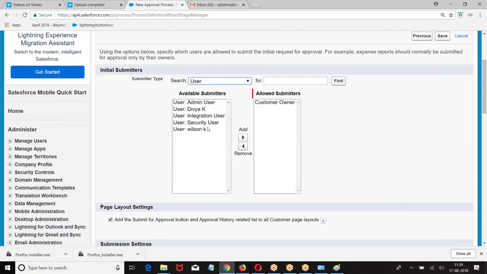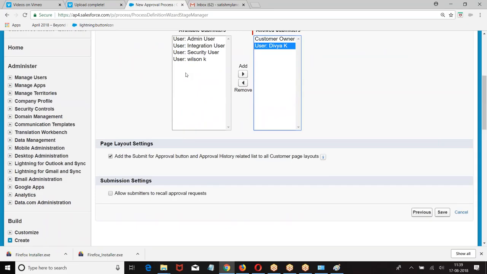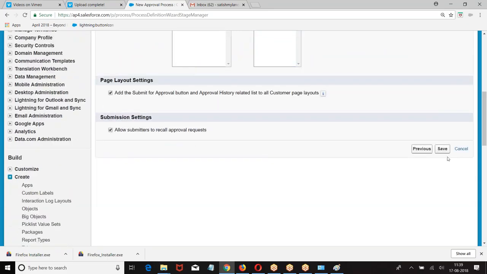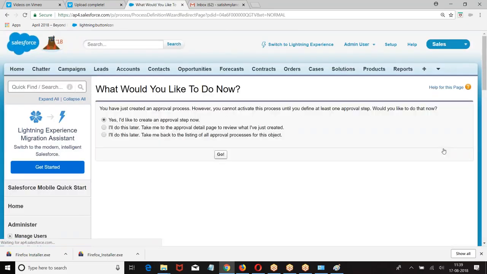Now who can submit the record? Divya. If Divya wants to submit the record, again you have one issue: Divya should have a permission on that particular object. Right. Basically, this is a submission process. Now this is the main topic we are trying to discuss.